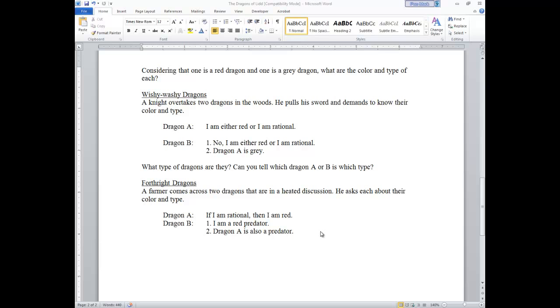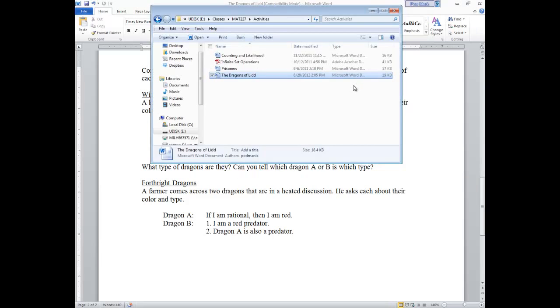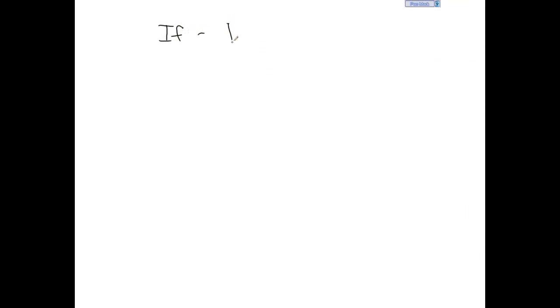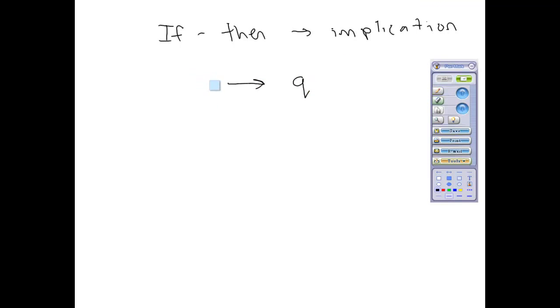Okay, so let's talk a little bit about if-thens. If-thens are oftentimes referred to as implications. So an if-then is synonymous with the statement implication. And implication just means that from one thing, another thing follows. And that statement can often be written like this. And I'm going to use P and Q for a second. No, in fact, I'm going to use not P and Q. I'm going to use